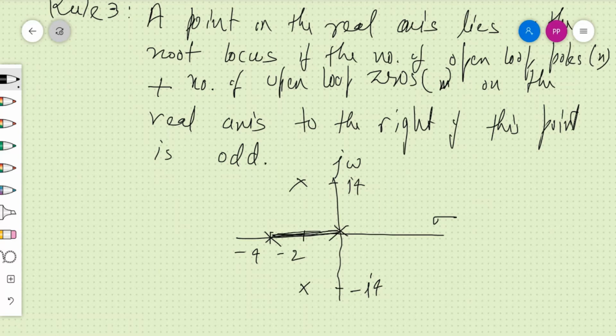Now we'll see how the roots which are terminating at infinity, at which angle and at which position they will start and terminate, that we have to check. The branches of the root loci which are terminating at infinity should belong to certain asymptotes which are symmetrical in nature, and they are specific lines intersecting the real axis at a certain point. So for this we should go for rule 4.